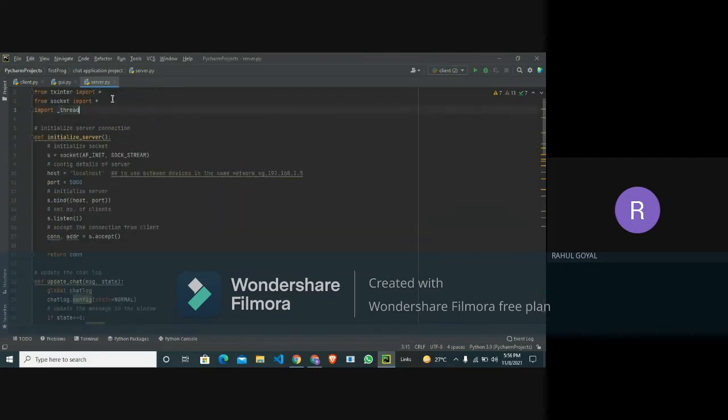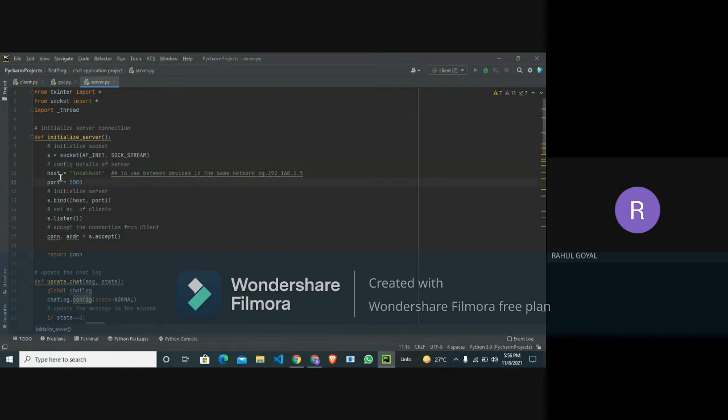And now the second part of our project, the server. We will import our libraries tkinter and socket. Here I will initialize our server connection, which will connect the server to the client. You can see that s equal to socket AF_INET, socket stream is used for initializing the socket. To initialize the socket, two things are needed: the host and second is the port.